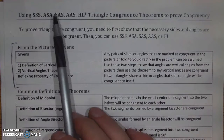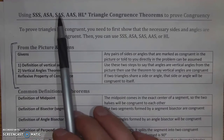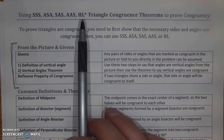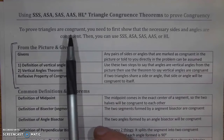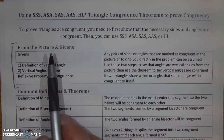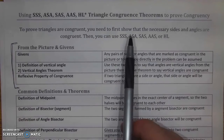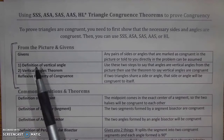We want to prove that triangles are congruent, and we're going to be using SSS, ASA, SAS, AAS, and later on HL, which is hypotenuse leg. So don't worry about this one right now. That's why it has a little asterisk. Now, in order to figure out if these things are true, if they have three sides in common or angles and sides, what we